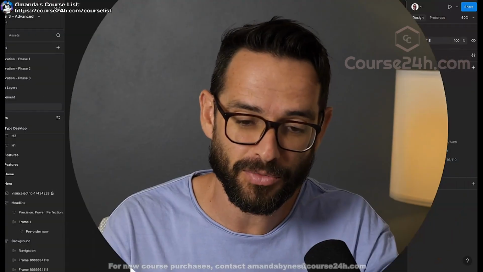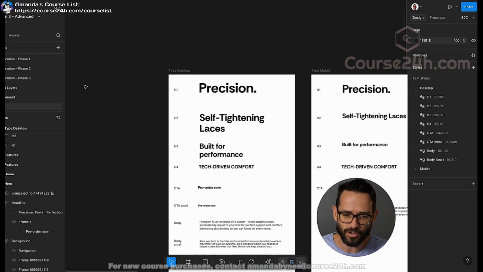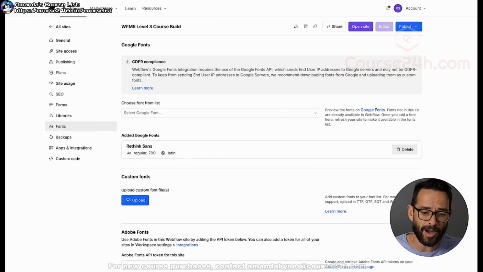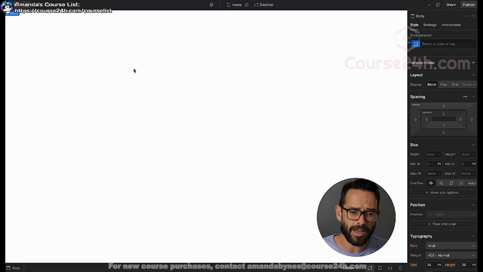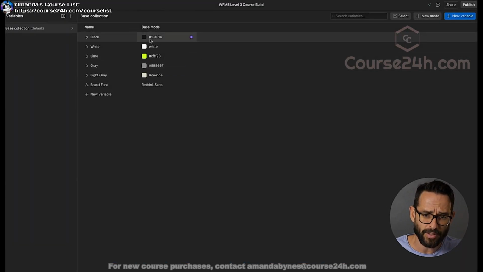Okay, let's start building. Before I dive into the actual design of the hero section, I want to do the basic setup for the project. This project uses a Google font called Rethink. I went ahead and uploaded it like we already saw how to do. And back in my project, what I did is create the variables that we have here,